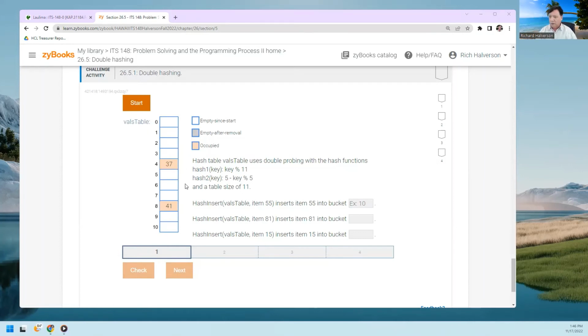I haven't pressed start yet, but what we're doing here is the hash table uses double probe hash functions. This table size is 11. Hash insert 55 inserts 55 into item. Oh, it's not started. Okay, let's just start it up then. So 55, it inserts 55 into